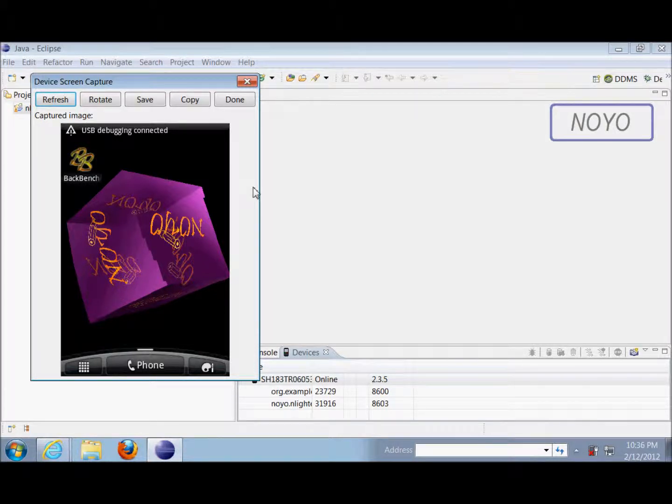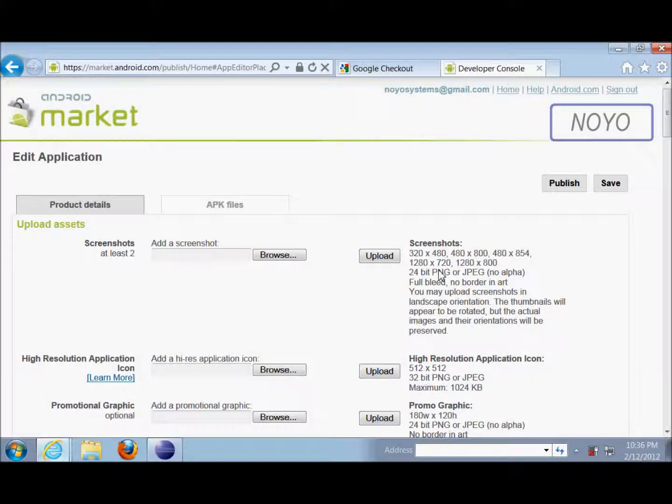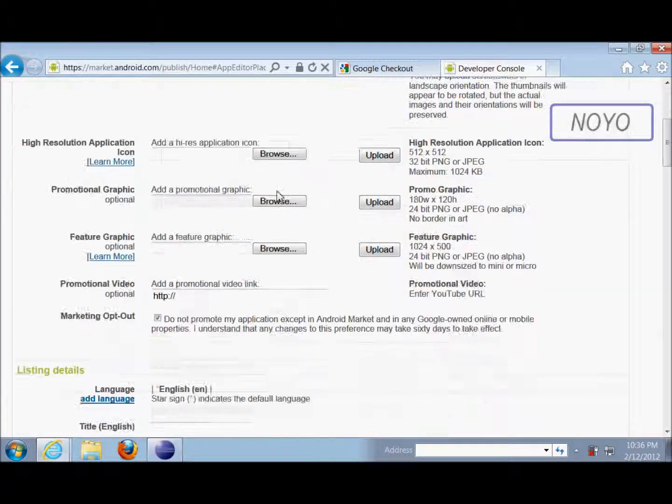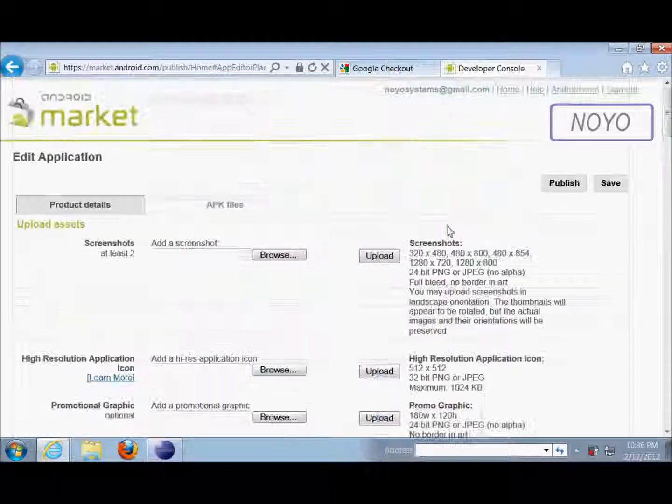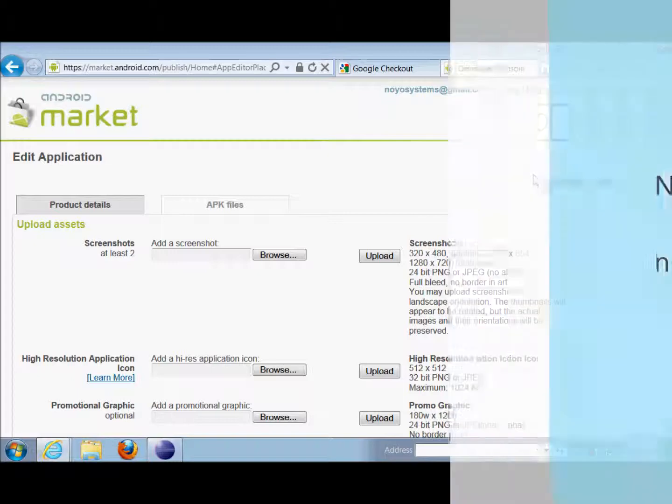Oh yeah, one more thing, don't forget to publish your application in the market once you all are done with this. Once you all fill all this up and select whatever you all want out here, then click on publish, and it will publish your application in the market. It took me around 3 or 4 hours to see my application in the search bar. It may take time. I think there's some problem with Android in this regard, and you will have to be patient with this.